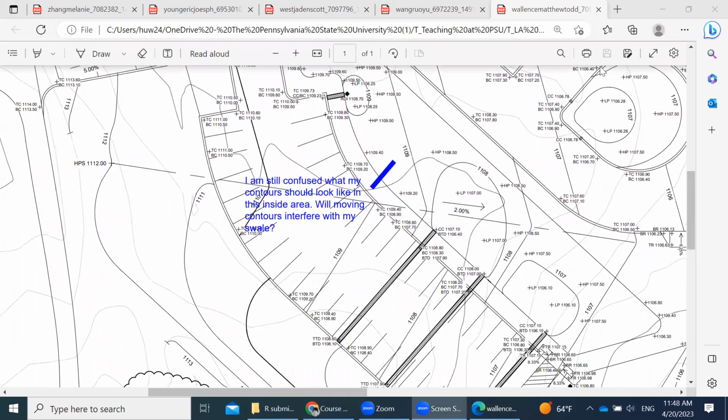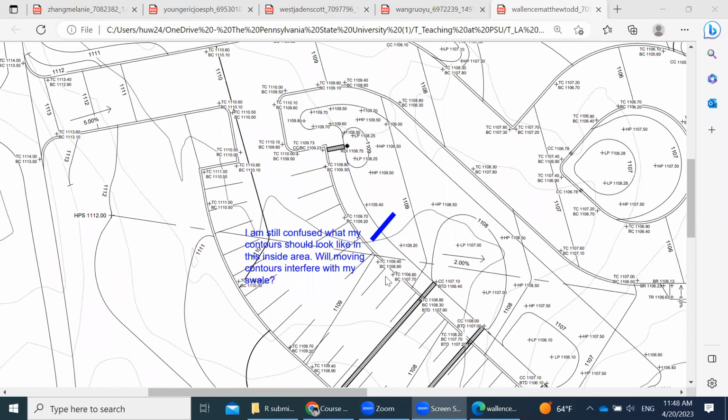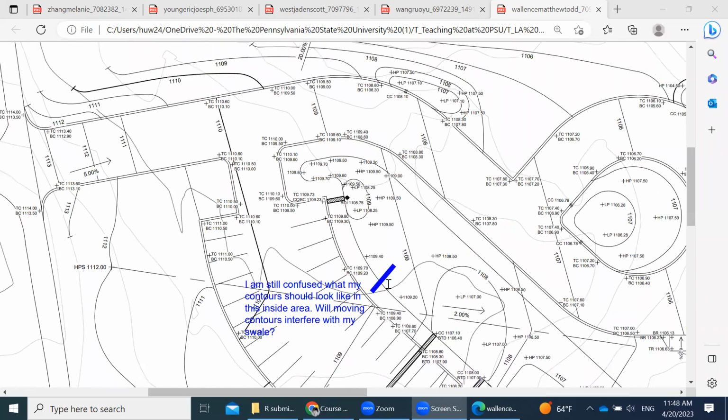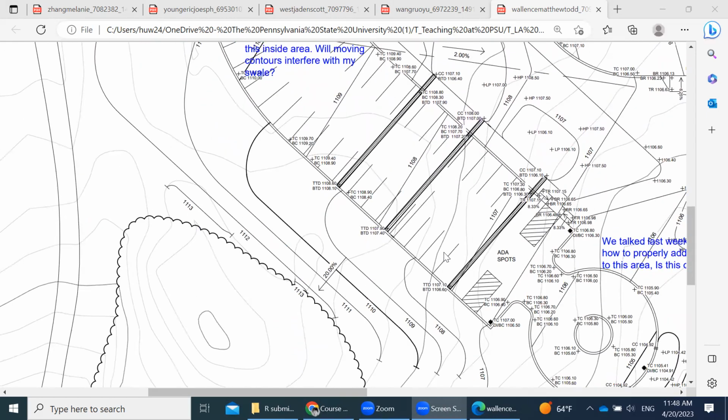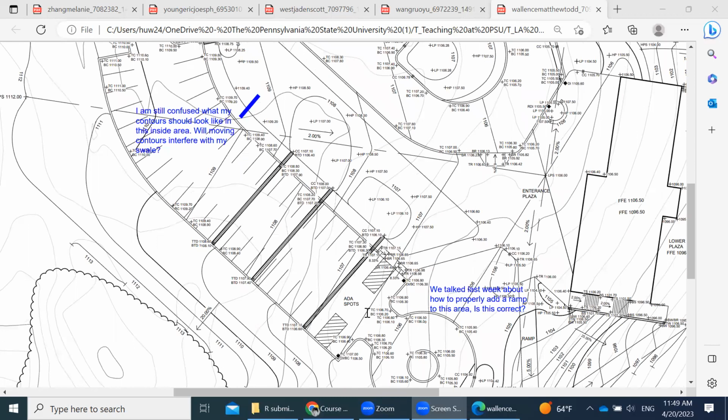I don't see anything wrong with the contours of the 1109. Do you mean how it works with the retention? Messed up the swale, in the center between the parking lot and the turnaround. Oh, okay. One of the contours definitely, yeah. I see what you're saying. This contour, that,